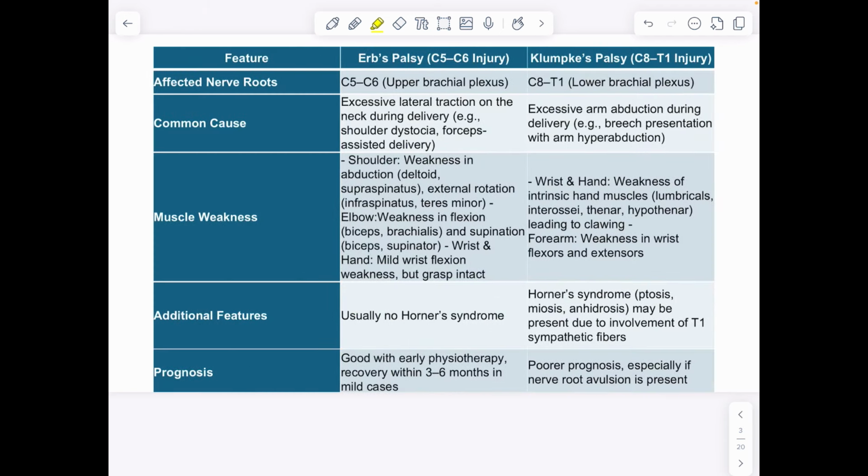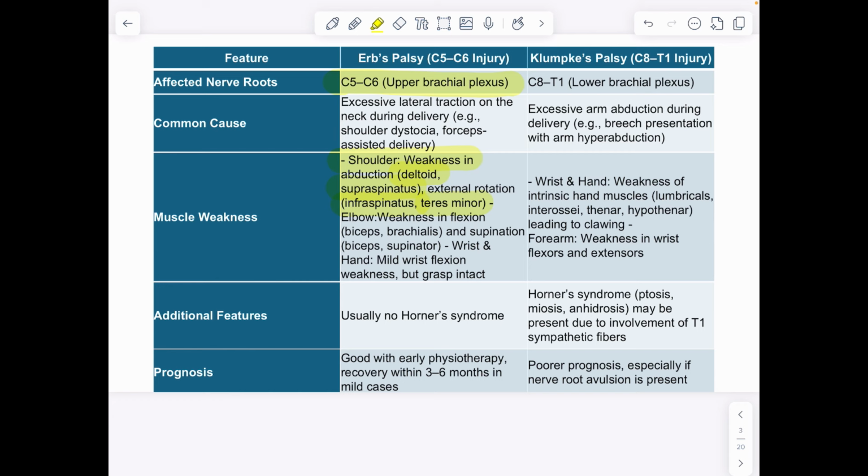5 points which are important for you to remember related to the Erb's palsy. Point number 1, it is the injury to the upper trunk of the brachial plexus. Point number 2, what are the muscles which are affected at the level of the shoulder? There will be weakness of the deltoid and supraspinatus resulting in loss of abduction. There will be a weakness of the infraspinatus and teres minor leading to loss of external rotation. As a result of which, the attitude of the limb would be adduction and internal rotation at the level of